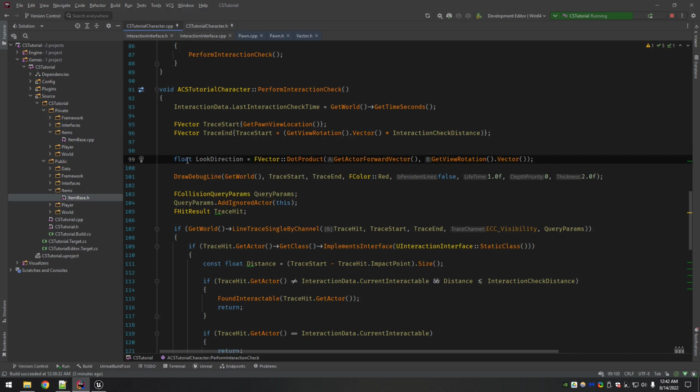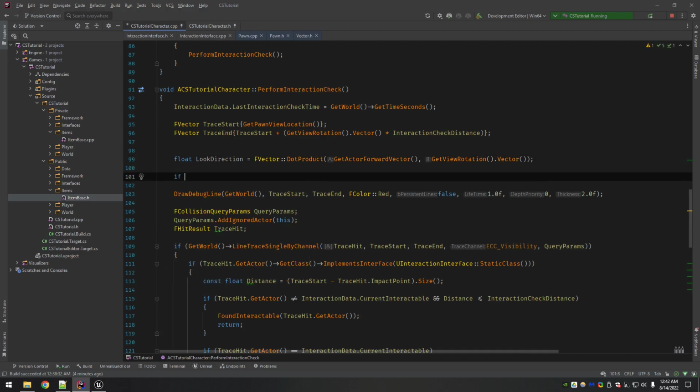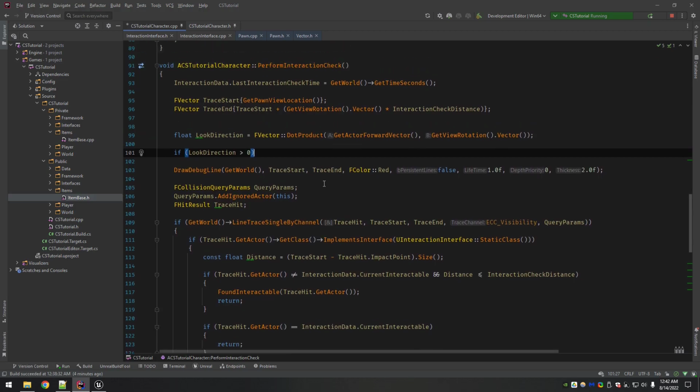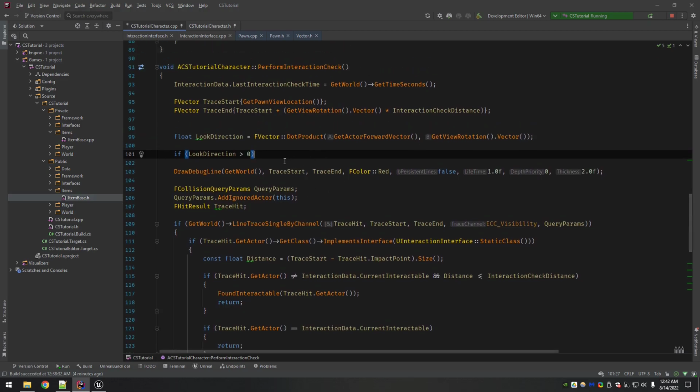All right, so now we've got our dot product of these two, right? So where our pawn is facing and where our view is facing. Now what we're going to do is check if look direction is greater than 0. Because the way the math works is, based on if it is positive or negative, that determines if the vectors are pointing in the same direction or if they're pointing away or perpendicular.